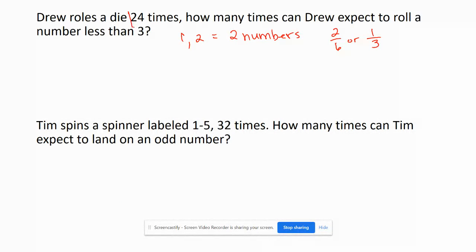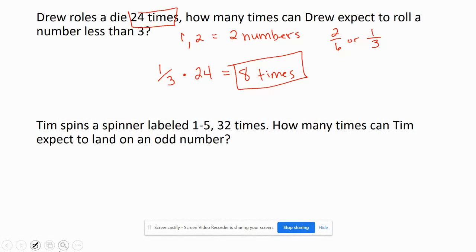Now, if we do it 24 times, what would be the probability? That's pretty much what this is saying. So we would say 1 over 3 times 24. And that would give us a total number of 8 times. Okay, so Drew can expect to roll a number less than 3 at least 8 times. See how these problems here are different from the problems at the beginning. These problems have not yet been operated yet, right? They are asking you for the exact probability of you doing this 24 times and get